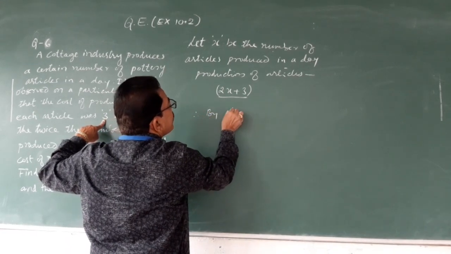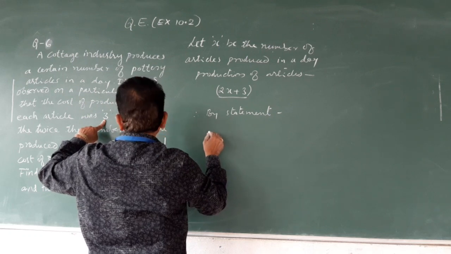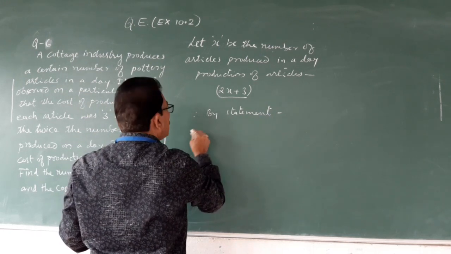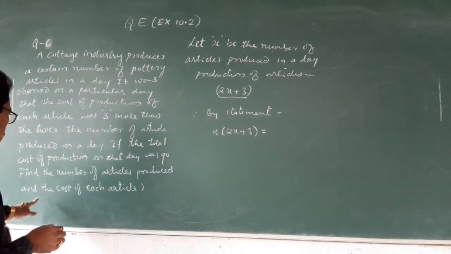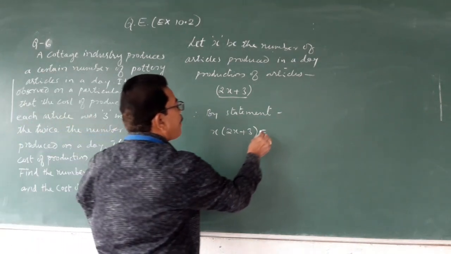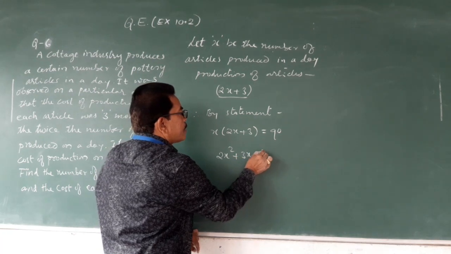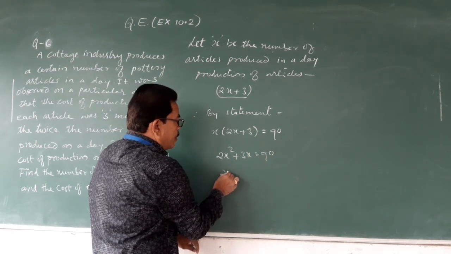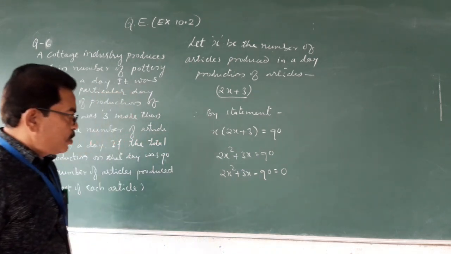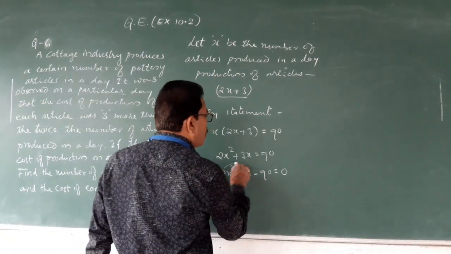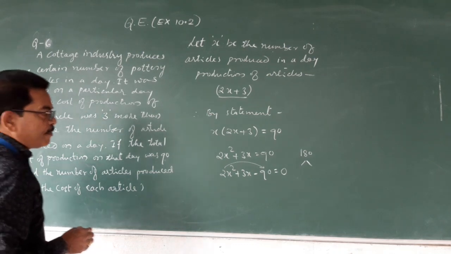Therefore, by the statement, x into 2x plus 3 equals 90, that is 2x square plus 3x minus 90 equals 0. We have to split 180, such that